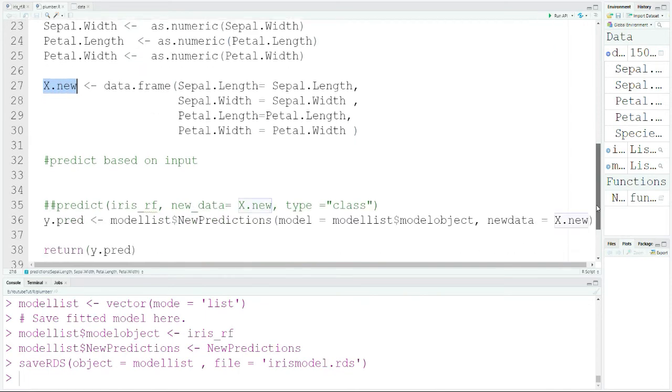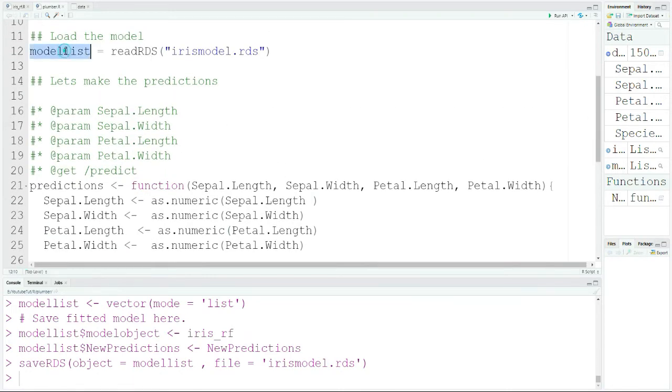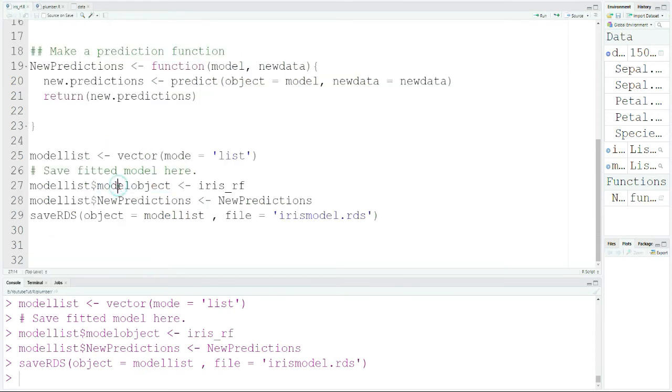Whatever I have written or my API has received from the user. Now, if you see, I have loaded my model into model list. So here is my model list where I have read my model, and then I will simply call the function new predictions. So if you go here, you remember that I have saved